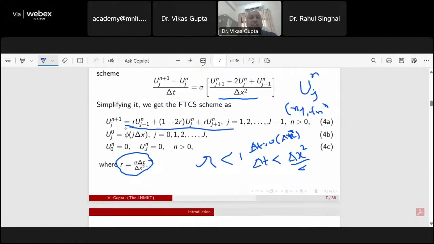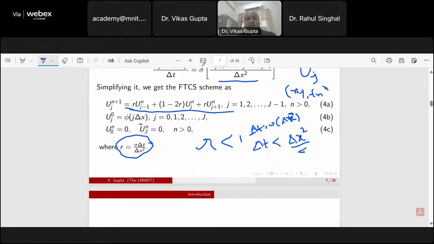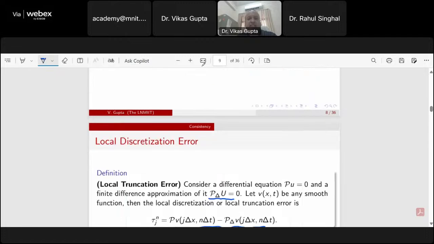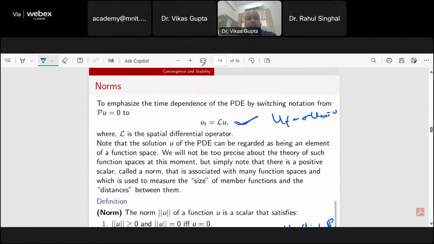Use a n plus 1 r, use a minus 1 plus 1 minus 2 r, use a n plus r, use a plus 1 n j equal to 1 to j minus 1. So at each time level n, we are getting that kind of triangular matrix because of these elements. And this is the initial conditions prescribed at the 0th time level, and boundary conditions we have taken homogeneous. So that's why that vector Fn in our case is 0. That is, our scheme in matrix form can be written